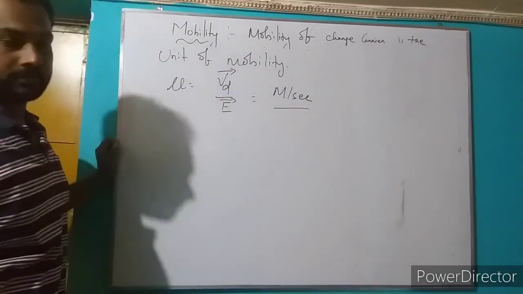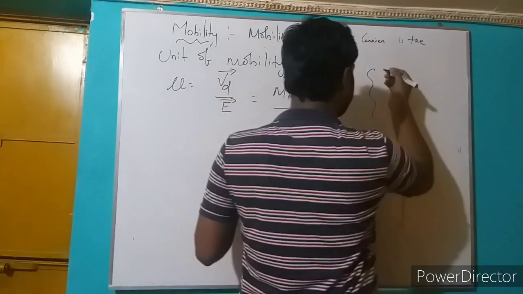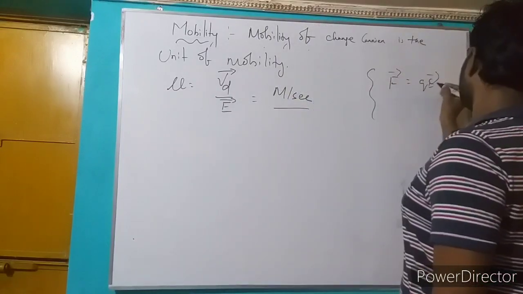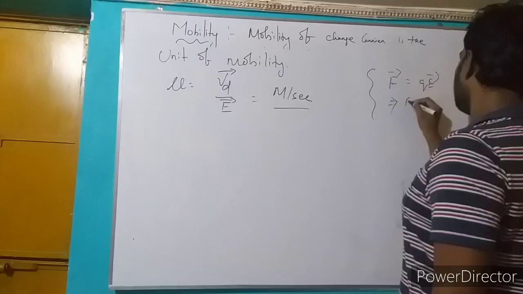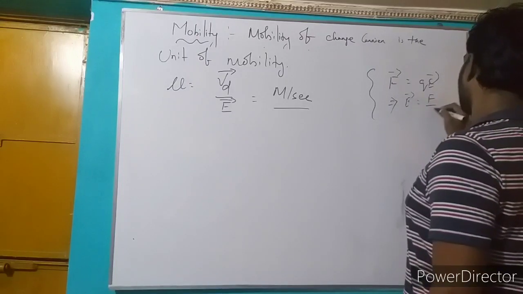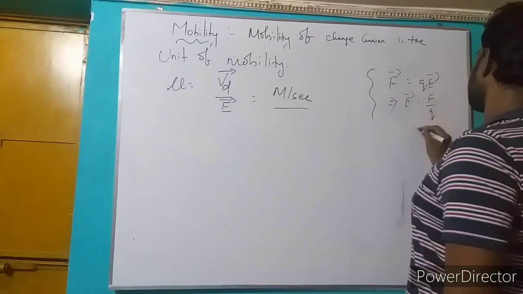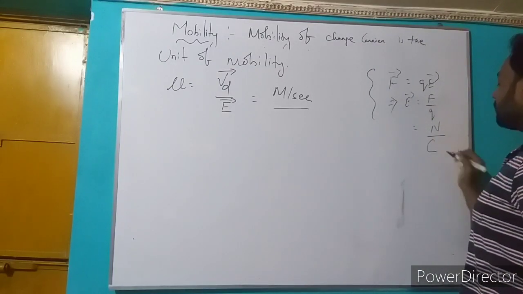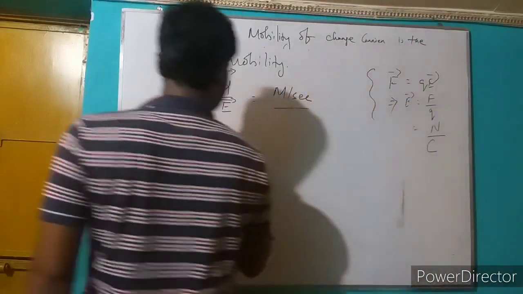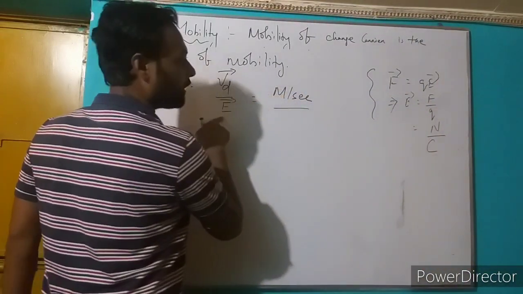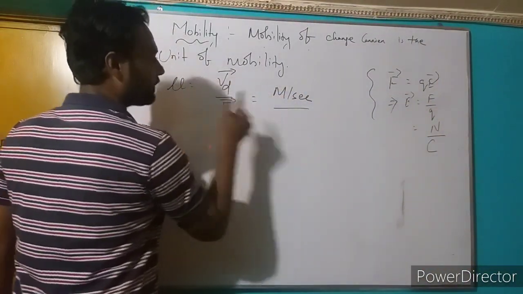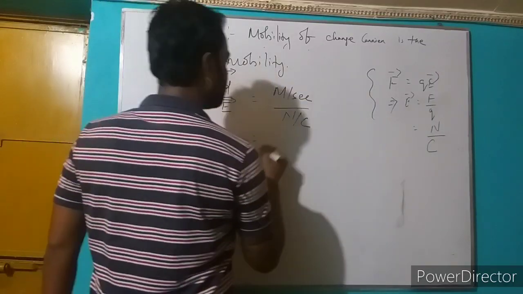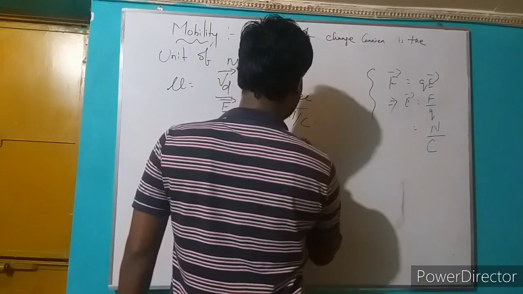Electric field means what? You know, force equals Q into E. Force equals Q into E. That implies E equals force per unit charge. So force, its unit is Newton, and charge, whose unit is Coulomb. So if you put the unit in the electric field, then we put Newton per Coulomb. That means what? Meter